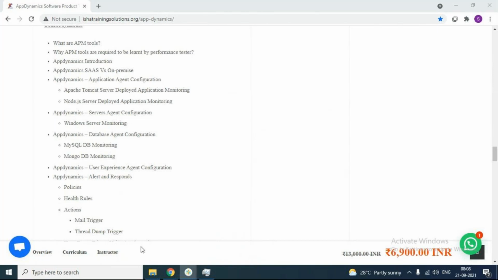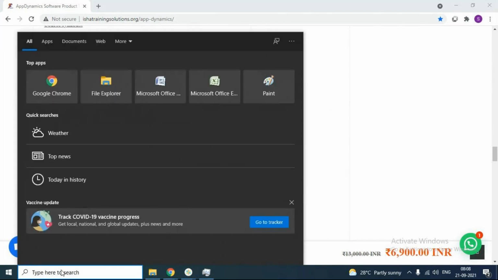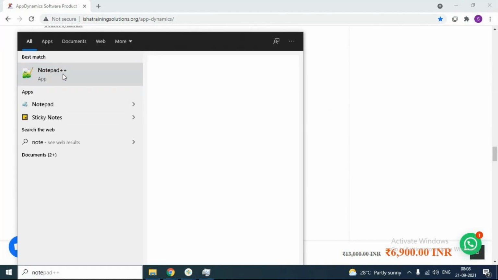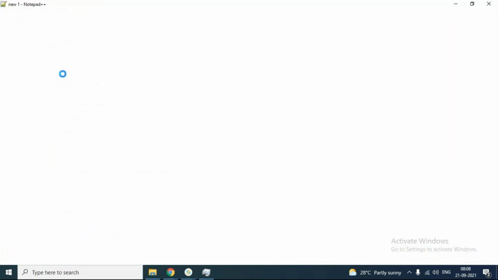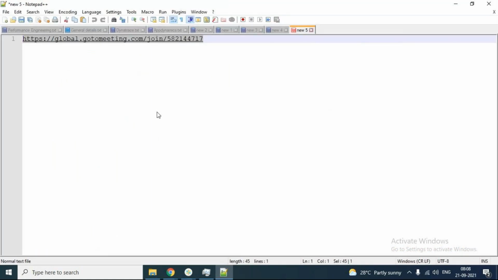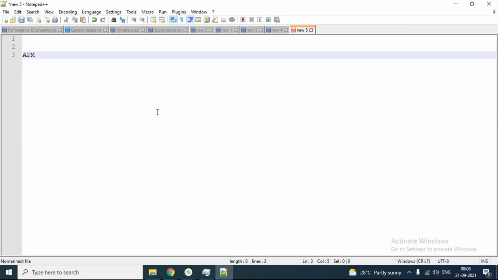So what are APM tools? APM stands for application performance monitoring. Nowadays, the way these tools are growing, you can call them application performance management tools also. APM means application performance monitoring or application performance management tools, because it is not only doing application level performance monitoring.